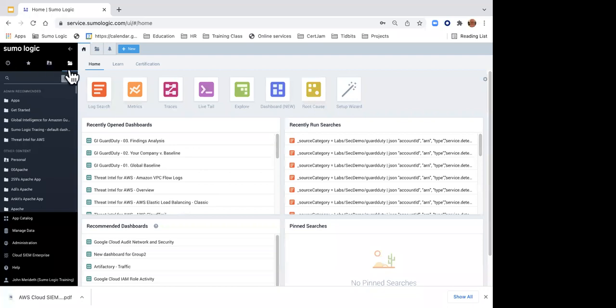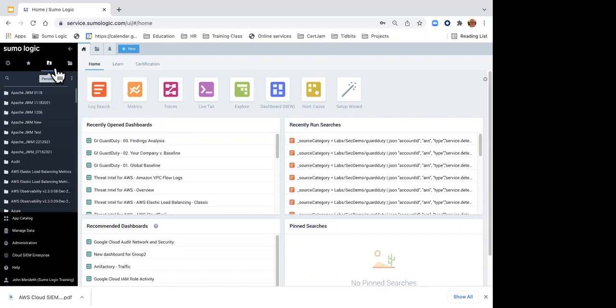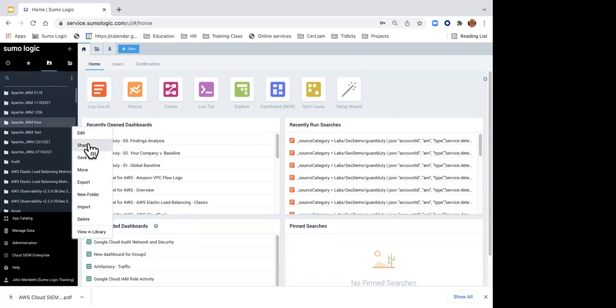Now, in here, you will find that we have our shared library. This is information that we can set up, or your administrator can set up. And this is stuff that we want to share across all of our user community. So we can put dashboards, folders, applications, all kinds of stuff in here. This next folder is your personal library. This is stuff that you can install and put in your own little directory so that you can see it. Even if it's in your own directory, you can share it with others if you want to.